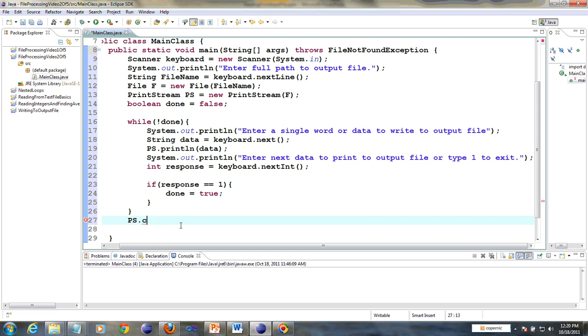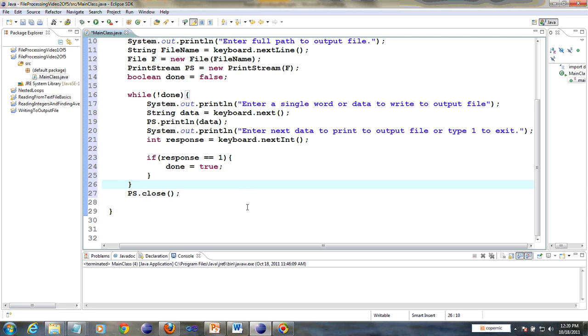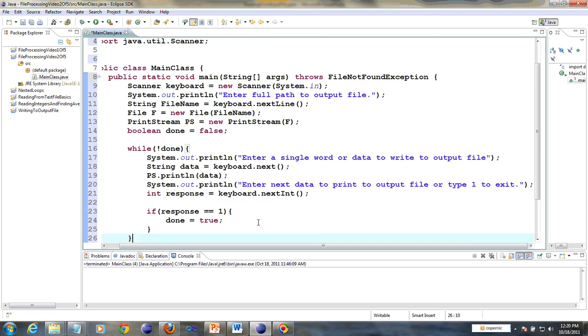This step is extremely important in closing the file. You may see nothing in your file if you don't close it, because the buffer never got filled and data is just sitting in the buffer, and your program finishes and there's nothing in your file because it never got dumped from the buffer into your file. Okay, so that's the